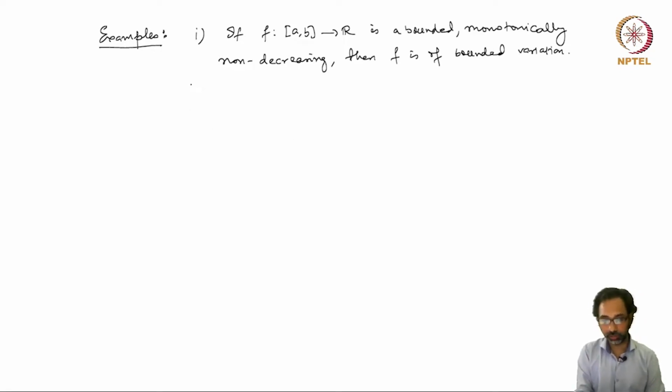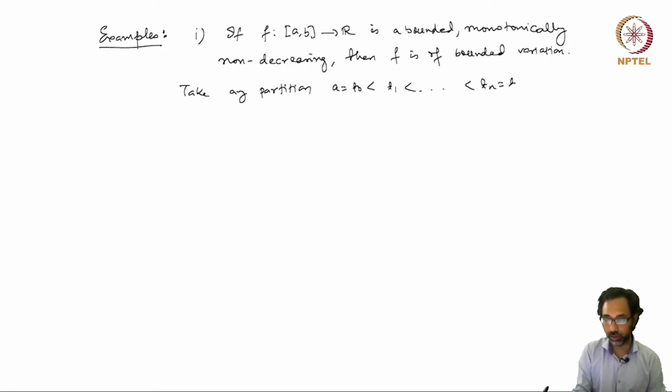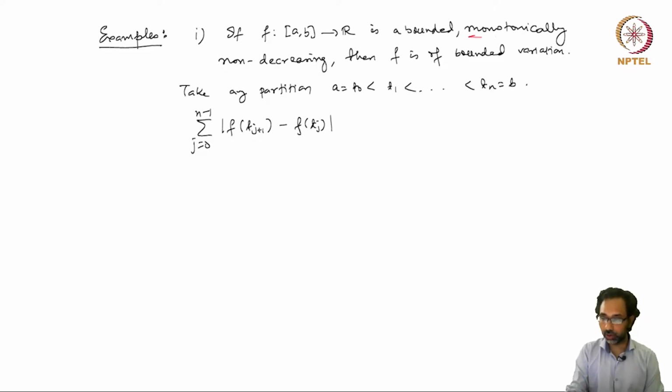So in fact you can take any partition of [a, b]. So let's say a equals t_0, t_1, and so on, and t_n equals b. If you take any partition of [a, b], then this sum, j equal to 0 to n minus 1 of modulus of f(t_{j+1}) minus f(t_j), since f is monotonically non-decreasing, this is greater than or equal to 0, and so you can drop the modulus